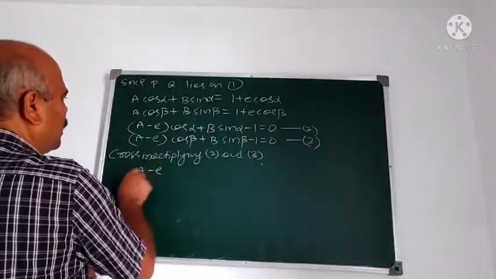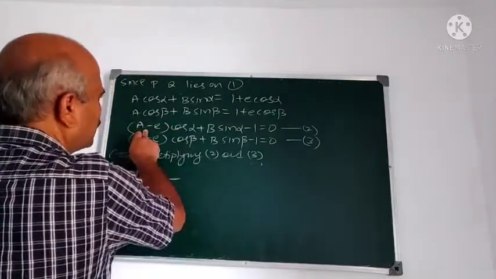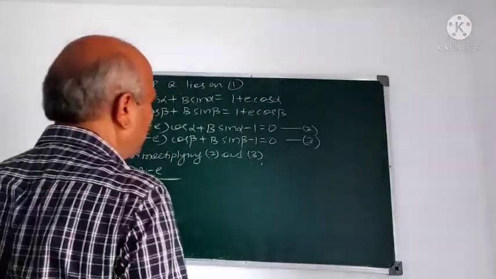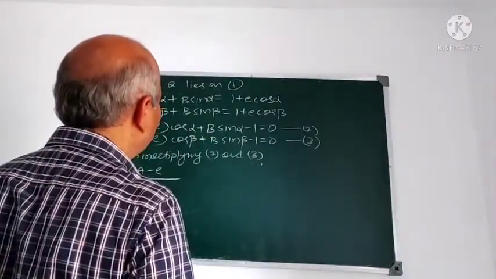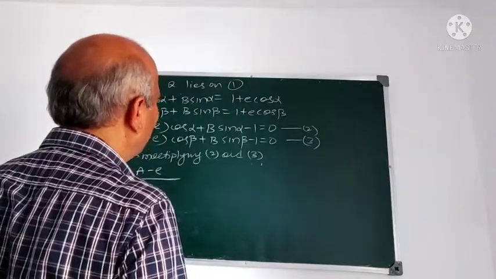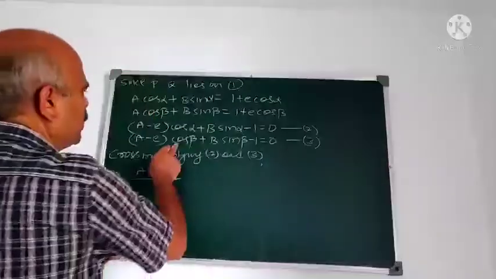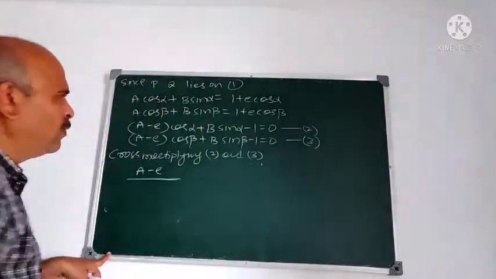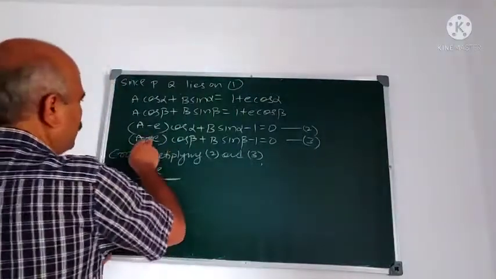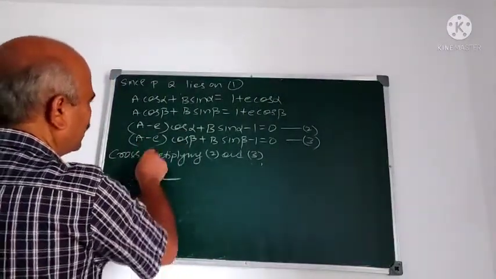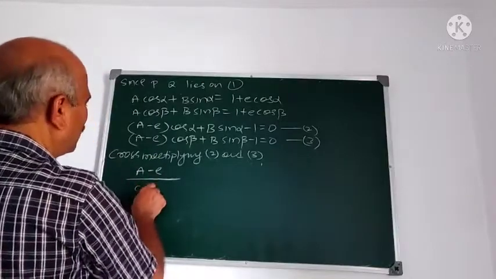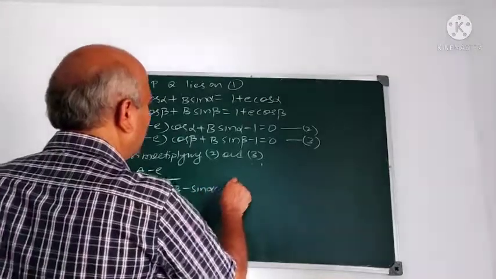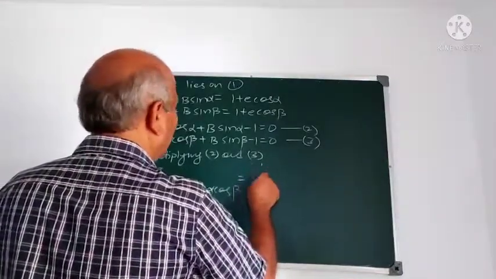A minus e and B are the variables, and it is a linear equation in cos alpha, sin alpha and cos beta, sin beta. So using cross multiplication, A minus e divided by cos alpha sin beta minus sin alpha cos beta is equal to B divided by